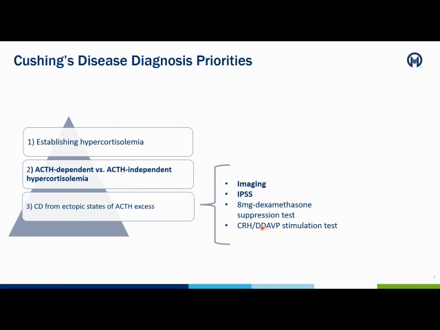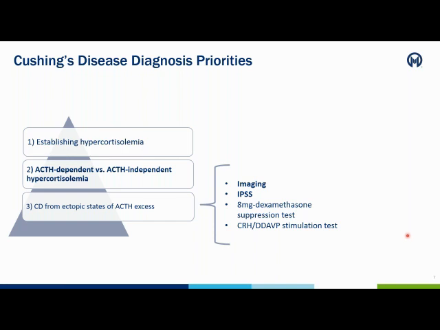The challenge is that with the CRH stimulation test, up to 15% of patients with Cushing's disease and those with ectopic secretion of ACTH may be misdiagnosed by this test. Similar to the high-dose dexamethasone suppression test, up to 50% of patients with Cushing's disease may fail to respond. So what ends up happening is that these are often done because they are non-invasive, but they may still mislead clinicians in their workup of a patient with a pituitary